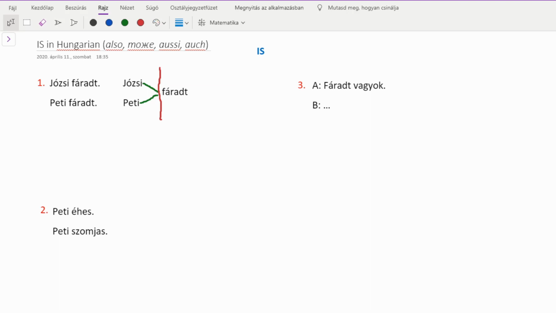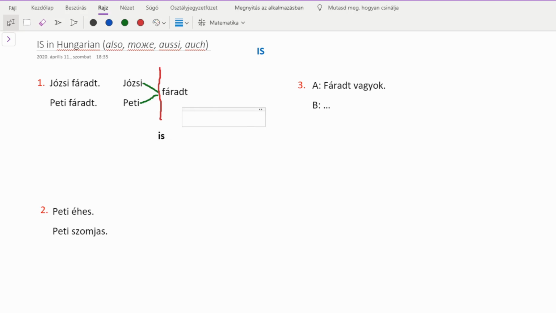And my method is that when we determine that these people share the same condition, or the thing that they have in common, in this situation we can place the "is" word here,